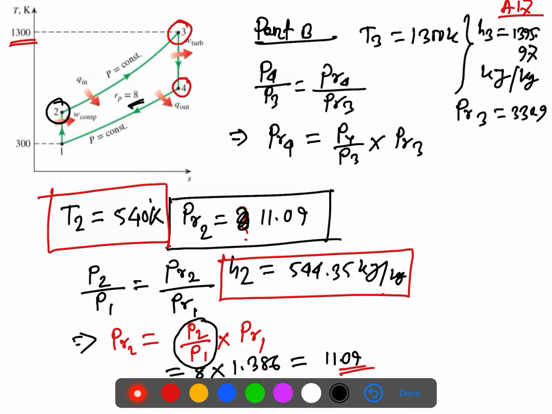This is actually for the compression process. For the expansion process, it will be just the reciprocal. We'll discuss it later on. And so that means P4 over P3 will be 1 over 8, just the opposite. So when it is compression, if the pressure ratio rp is 8, for the expansion, it will be just the reciprocal value. So then it will be 330.9, and we will get Pr4,